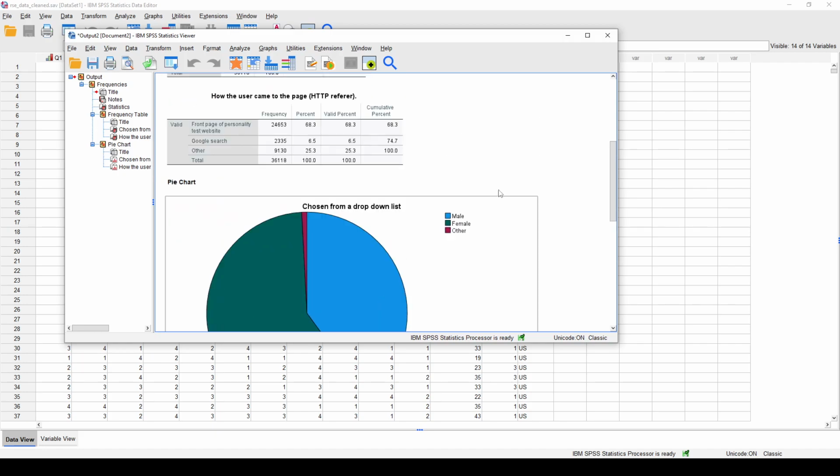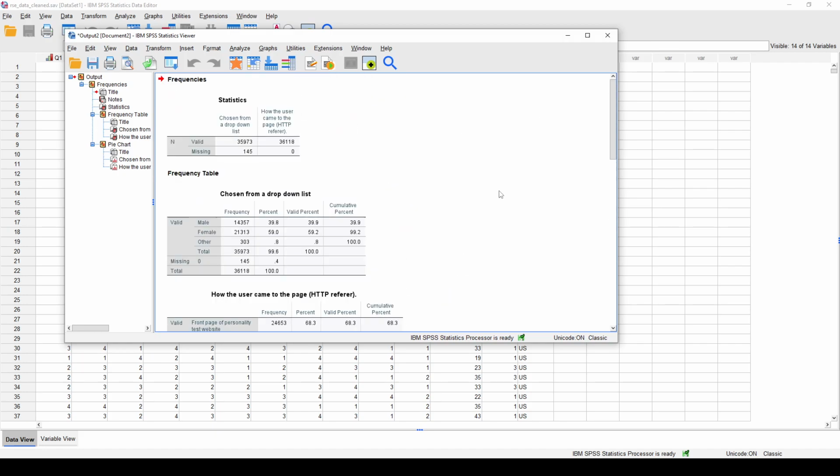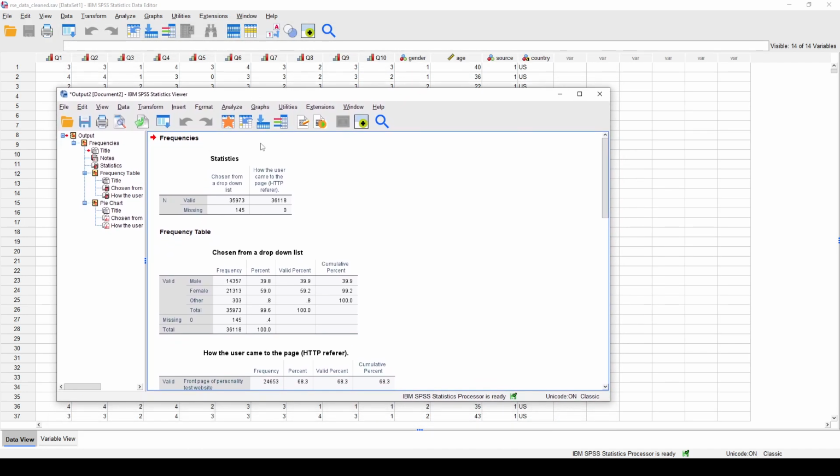And again, within this lecture set, now we're going to begin exploring the output of SPSS in a little bit more detail. So here I can see I have valid and missing. I have some interesting things here. Choose from a drop-down list. This was the label that I gave to the variable gender, I believe. And I can change that up if I want to. In fact, let's go on and